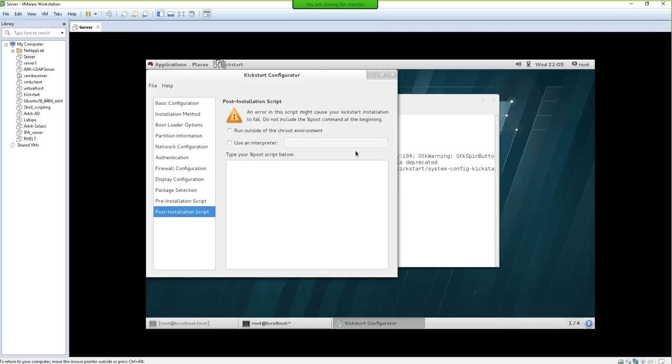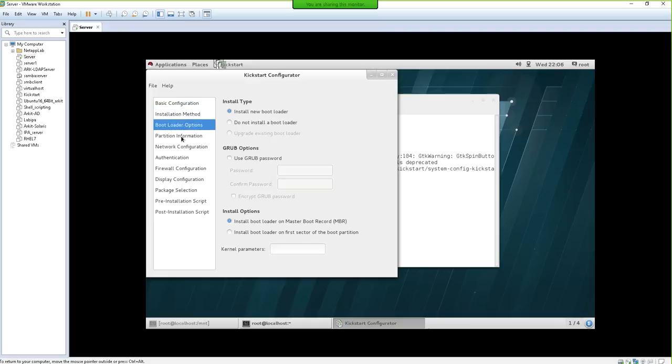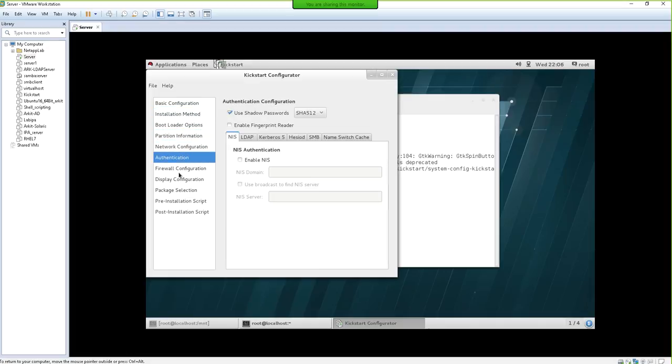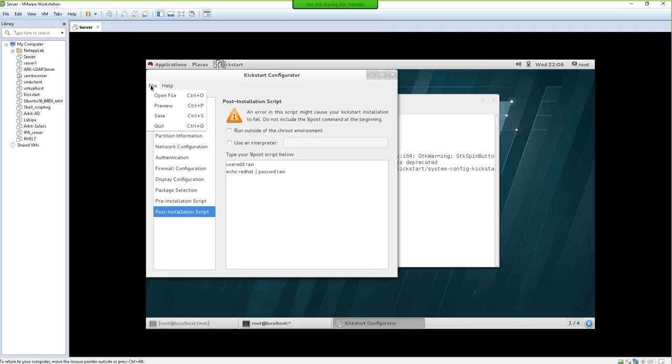Pre-installation nothing, post installation you want to do anything. Okay, so if you want to do anything here, you can just add it, like creating the user. Okay, useradd, I want to create the user called Ravi, and the password is redhat. The password is redhat for the user Ravi. Okay, by default I want to create this one. So basic configuration, installation method, bootloader configuration, all the stuff you can just give it here, and say file, save